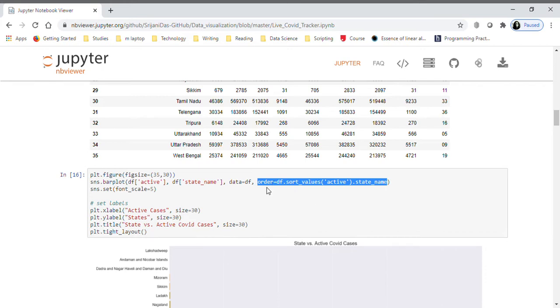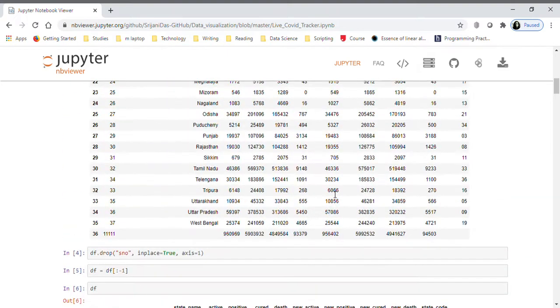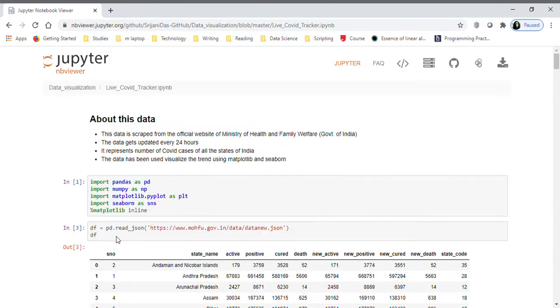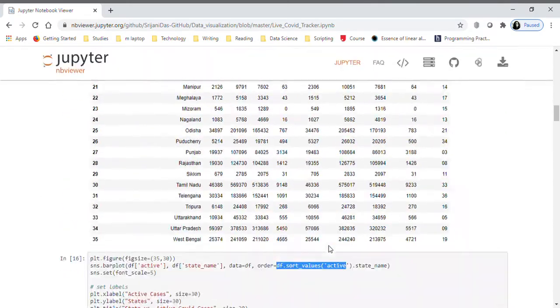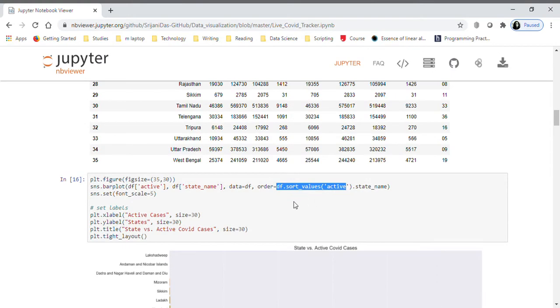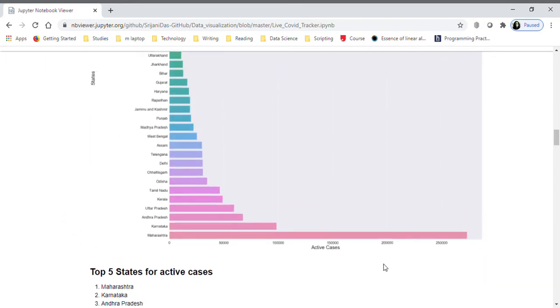So we can specify the order here. Order will be df. df is our data frame where we have read this JSON file. So order equal to df dot sort values. With respect to active cases, we want to sort this data.